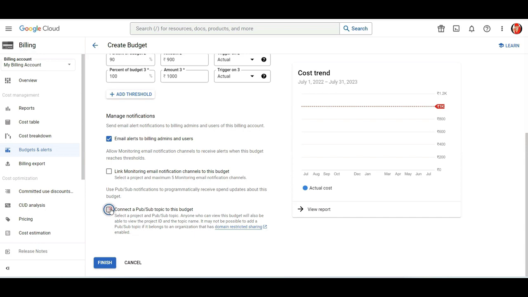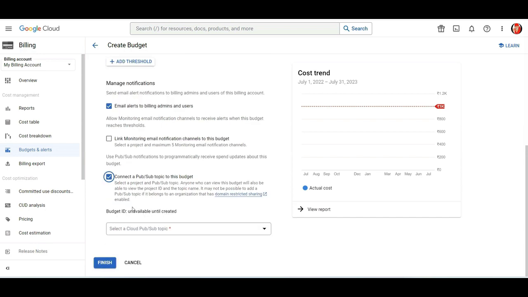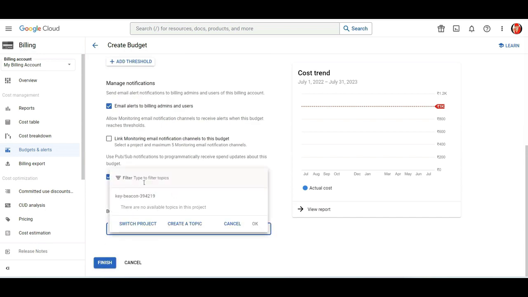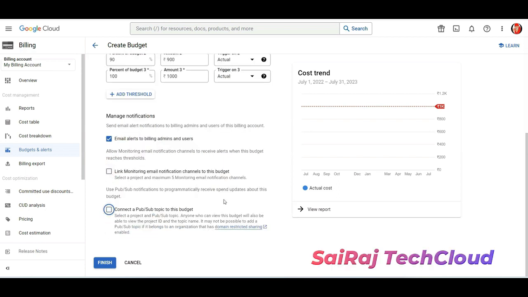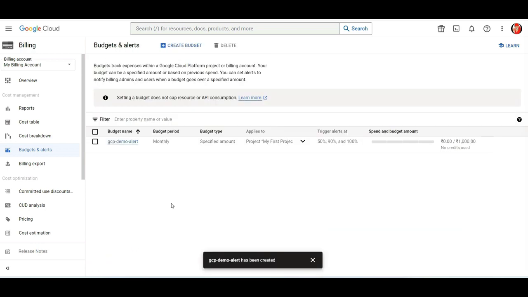And suppose you have a Pub/Sub topic, then you have to select your Pub/Sub topic here. I don't have any Pub/Sub topic now. Then simply click finish here. As you can see here, now the GCP demo alert is successfully created for My First Project. And similarly, the same process, based on your requirement, you can create a